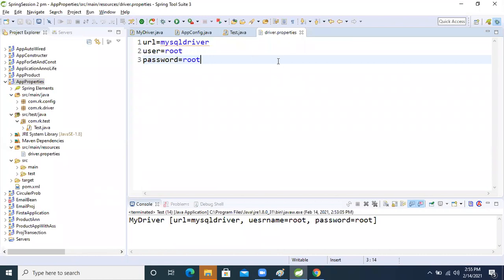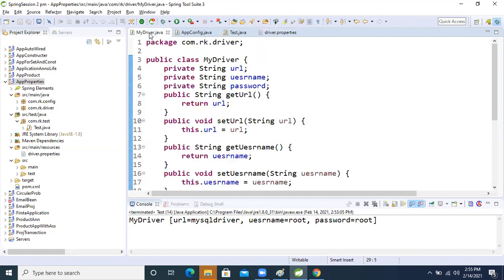Actually your voice is breaking, ask the clear question what you want. Ravi wants to view the my driver.java class code on your computer. Just to open my driver.java file. Oh, this one you want.